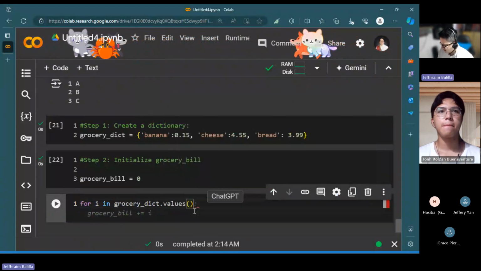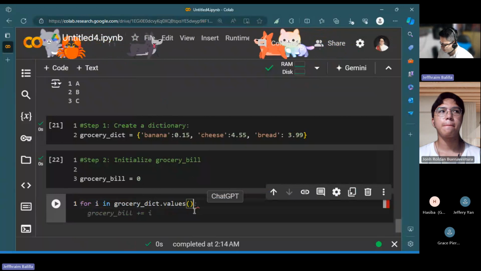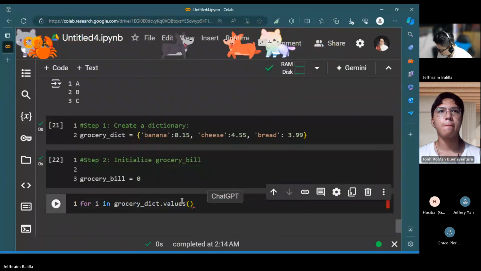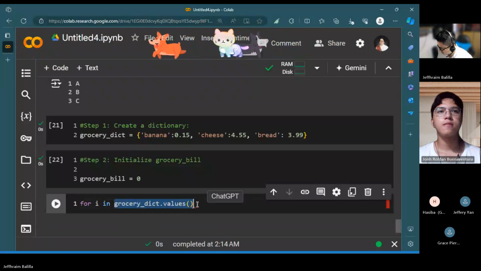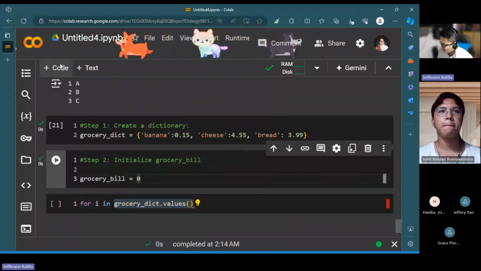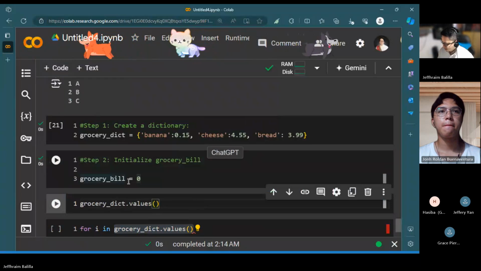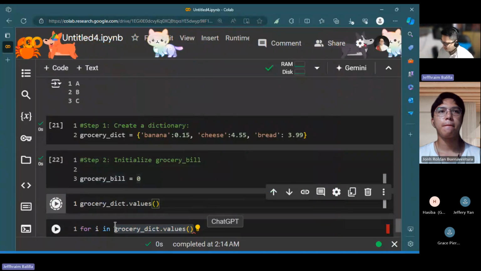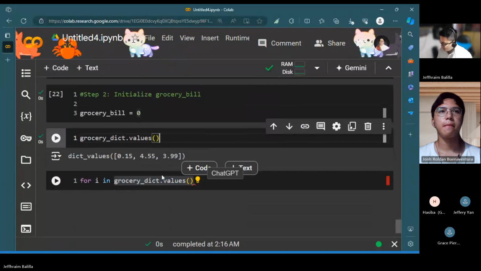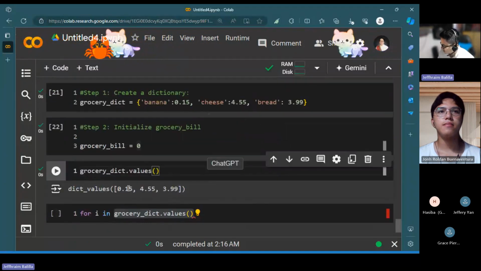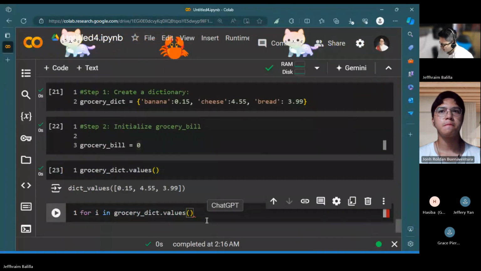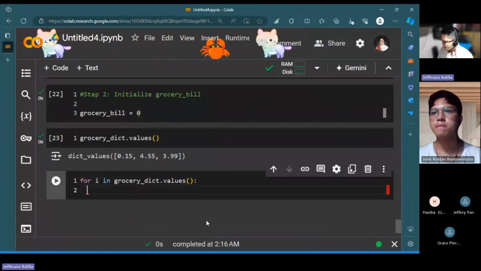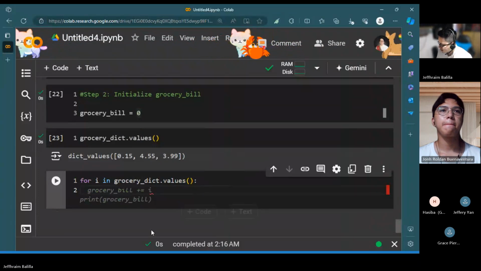So this would allow me to get only the prices. Let's see. Okay, so that's correct. And after that, what we need would be